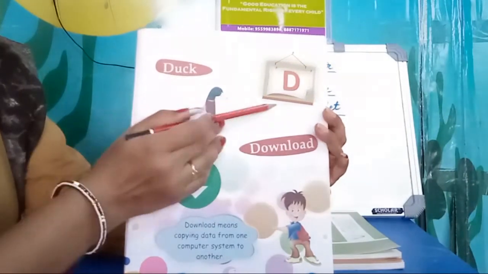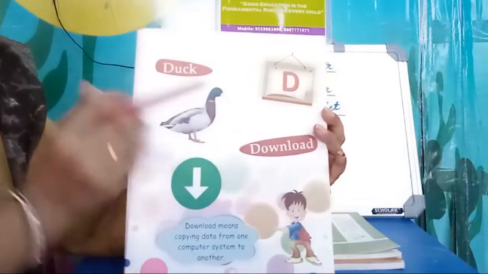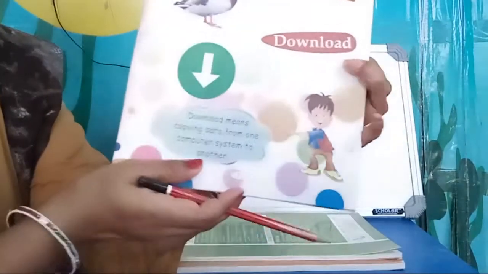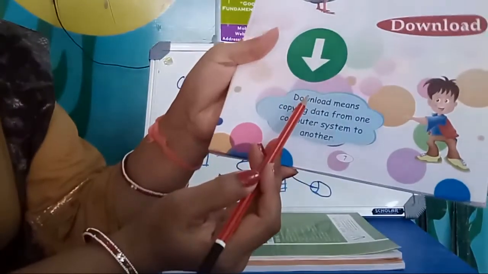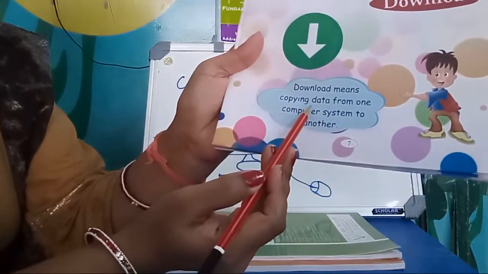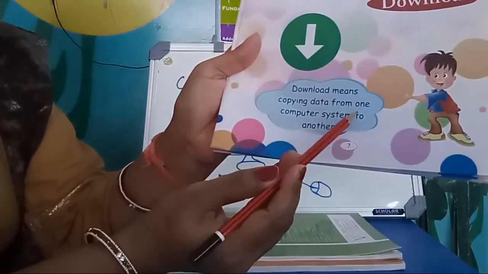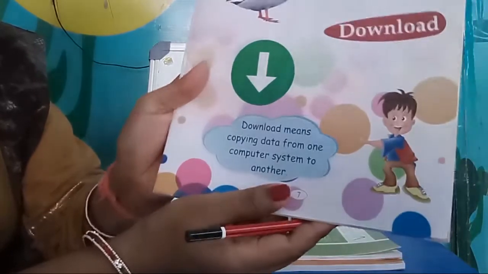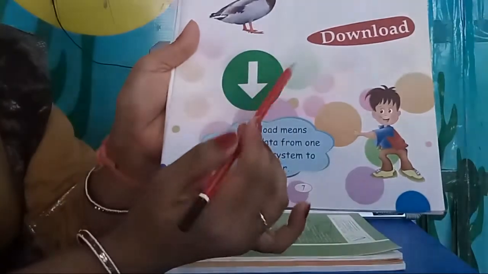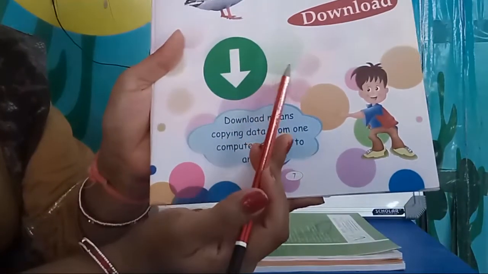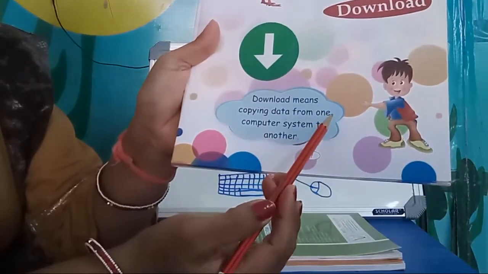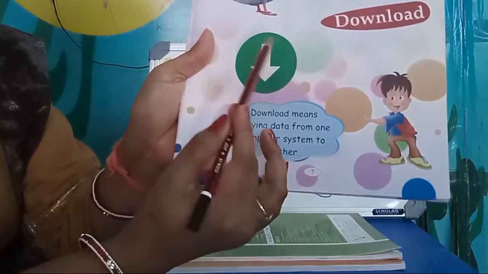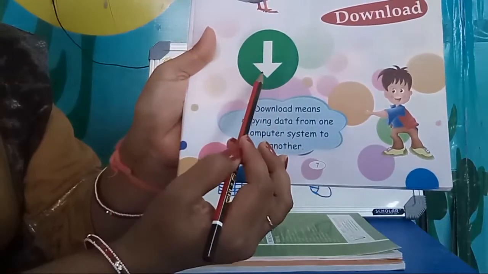So D for duck. D for duck in your alphabet, and in computers D for download. Download means copying data from one computer system to another. Alright. We use this download just for transferring data from one system to another system. Okay. This icon you can see here is known as download.